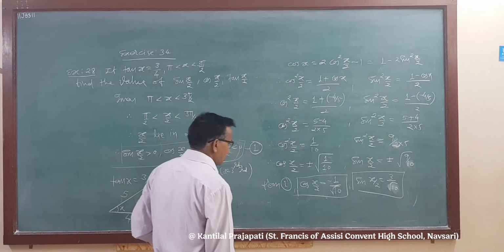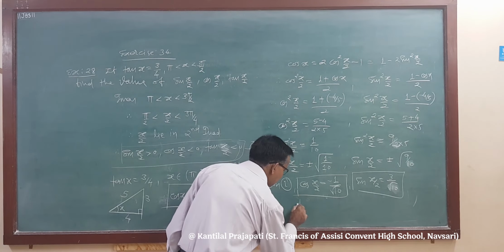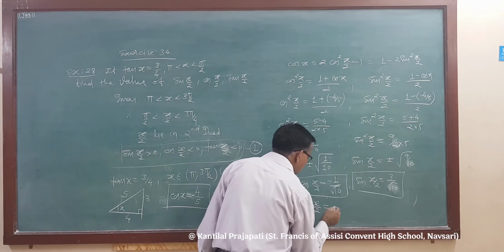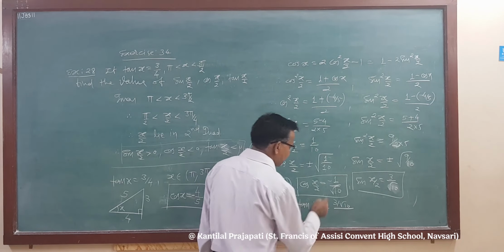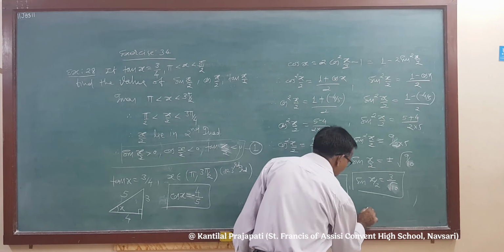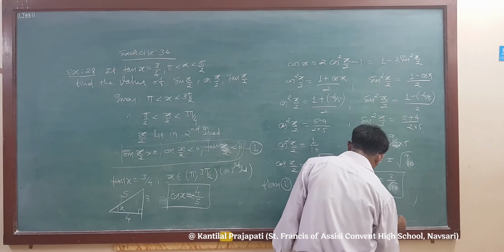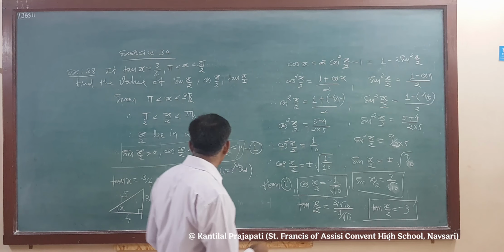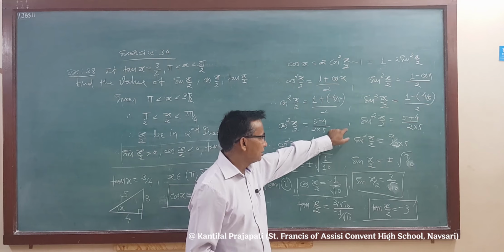Right? So now find tan x by 2. So we have to take the ratio of sin and cos. What is tan x by 2? Tan x by 2 is sin x by 2 upon cos x by 2, that is 3 upon root 10 upon minus 1 upon root 10. And therefore tan x by 2 is equal to minus 3. See that you get a negative value. Tan x by 2 is negative. So here this sum is complete. I have made a mistake here, so correct it here.